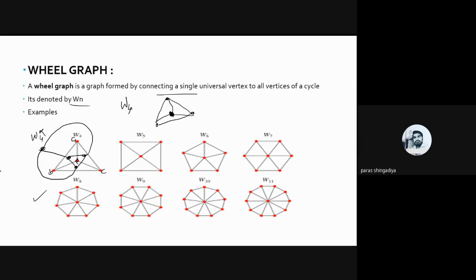सो वी कैन इजीली मैप 1-to-1 correspondence, means we can easily identify the image of each vertex of the W4 exists in the W4 star. Okay, so we can say, let us say it is A star, that is B star, okay, C star and D star. So we can easily map. So it means all wheel graphs will be self dual graphs.